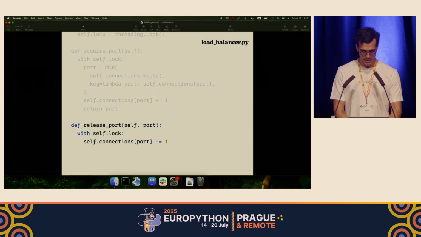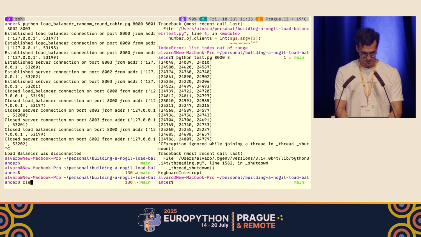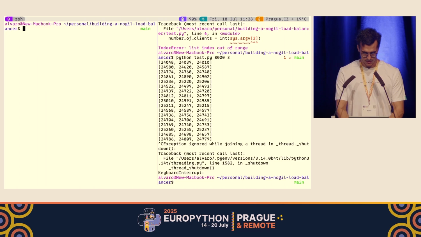So let's see what's happening here. Like I said, I'm going to run this load balancer with least connection, and again 8000, 8001, 8002, 8003. Same thing, like I said.